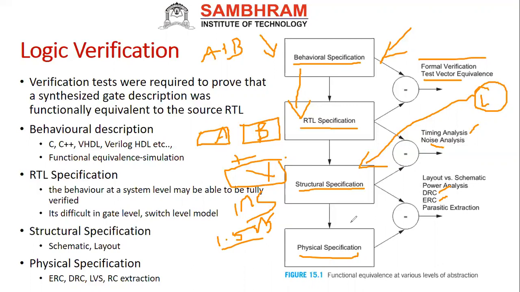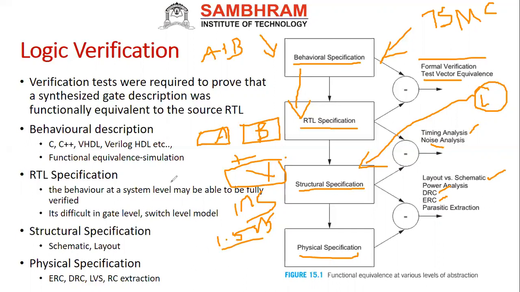The design rules are given by whom? The manufacturer who does the manufacturing of the circuit. They give the technology. Examples of manufacturers are TSMC and Global Foundries. Once the design rule check is over, next you have to do the layout versus schematic.